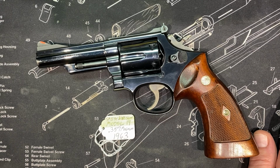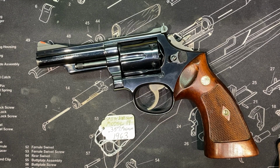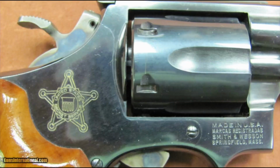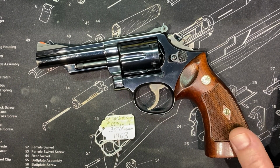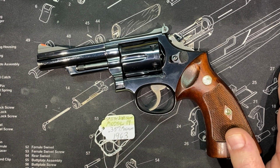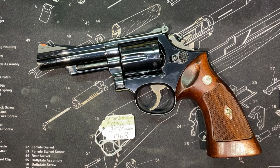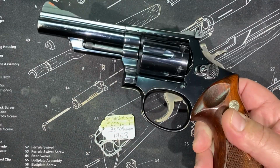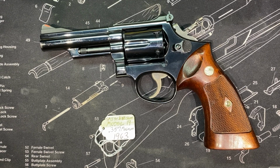is that in 1963, Kennedy was assassinated, and the Secret Service adopted this as their sidearm to replace, the hell knows what they were carrying. I guess they were carrying snub-nosed 38s. And this replaced it, and was used by the Secret Service all the way until 1992 when the SIG P228 9mm replaced it. From 63 to 1992. So, as a pivotal Combat Magnum, here is one that was used that exact year. Could have been one that was assigned to a Secret Service agent,